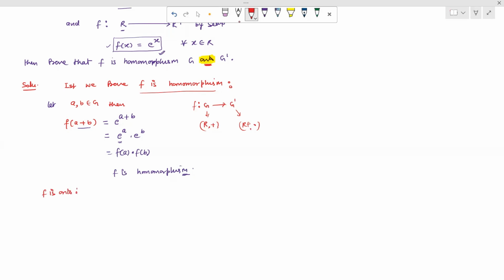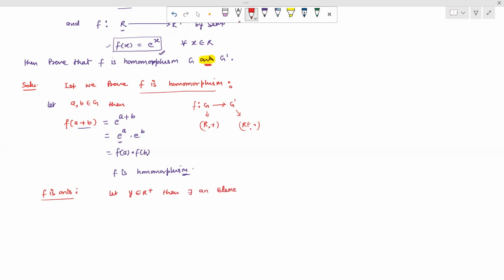How do we prove an onto function? For proving an onto function we take an element of G dash and we shall prove that the element has a pre-image in G. So let y be an element of the positive real numbers. Where are the positive real numbers defined? In our G dash. So y is an element of the positive real numbers, then there exists an element